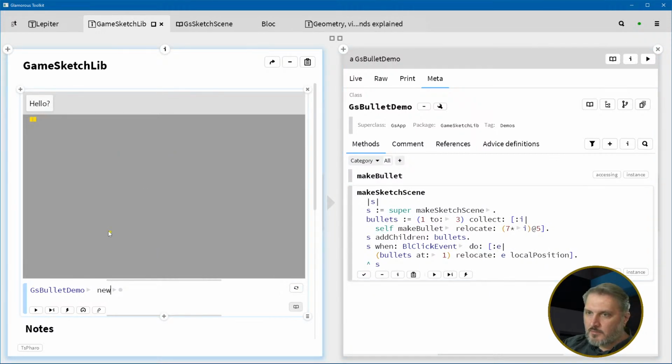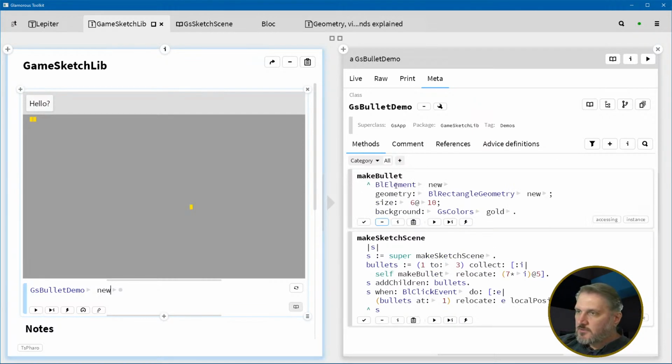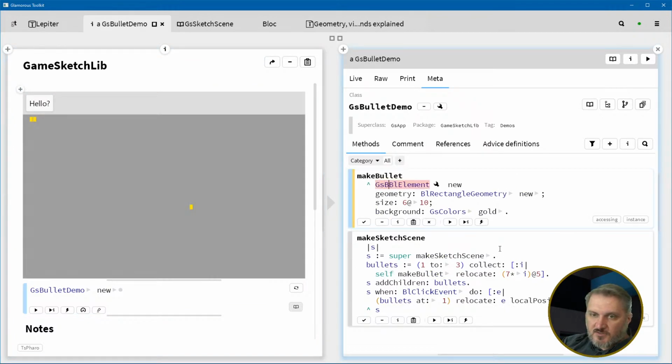Yeah. All right, and then now the whole point is to make it animated. So it needs to have some state. So now it needs to be like a bullet. So we're going to say make GS